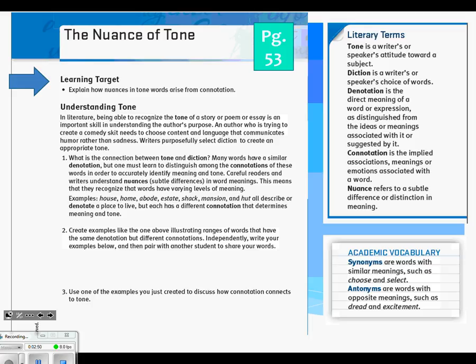So for activity 111, we're practicing something called explaining nuances in tone. I bet you know what explaining is. I bet you've heard tone before, but you probably have no idea what nuances are. What you're going to need for today's activity is a highlighter, so pull that out. If you don't have one, no big deal. You guys know what you can do to replace that.